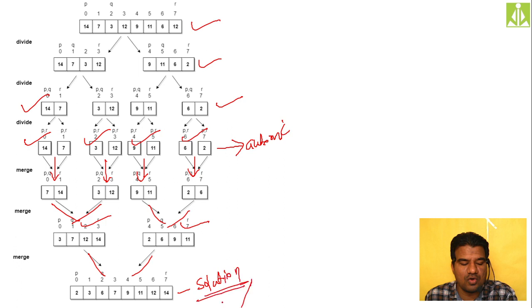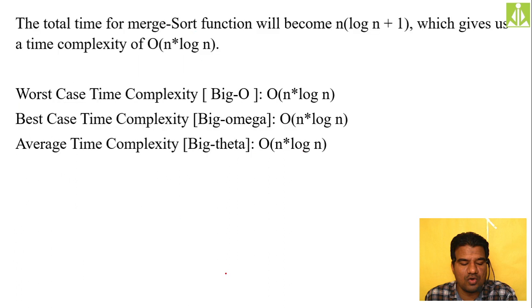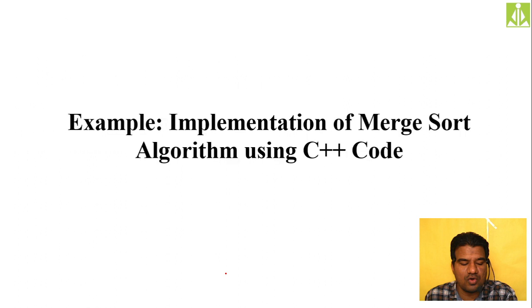Final solution of the big problem. Remember this one. Okay, so it's the same. As I said, the time complexity over here is order of n log n for all the cases, best, worst, and average cases. The time complexity will be the same. Okay, so quickly we see the algorithm for performing the merge sort.